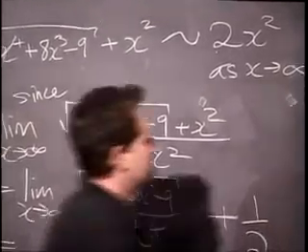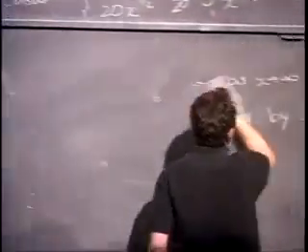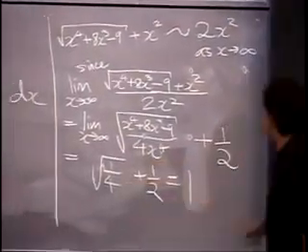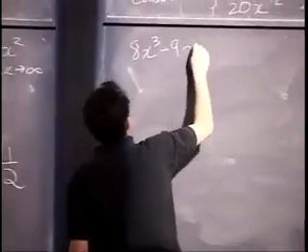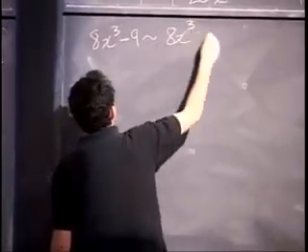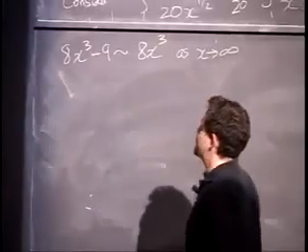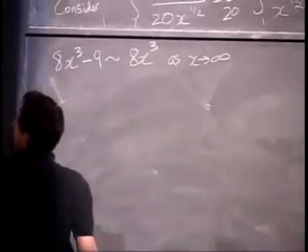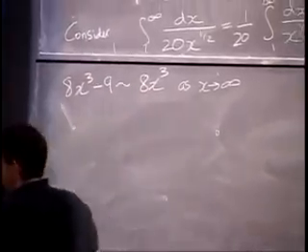Okay, I'm going to continue the problem over here. We're almost done with it, actually. So I only need this bottom board. That takes care of the numerator. We also should just claim that the denominator behaves like its largest term as x goes to infinity. And you should just prove that with a quick limit. But basically, if you know the numerator behaves like 2x squared, and the denominator behaves like 8x cubed,